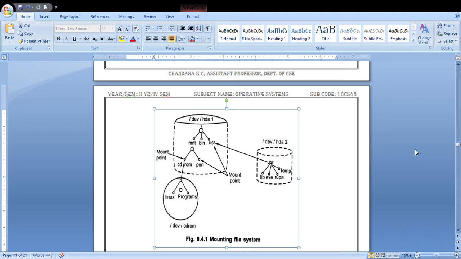Whenever you try to unmount a mounted system, it may be displayed as a busy file system. A busy file system cannot be unmounted by using the unmount command. Whenever some operation is going on, or any file present in the mounted device is being used by the operating system, or a document is open on that device, you are not able to unmount that device using the unmount command. It will be shown as a busy file system.